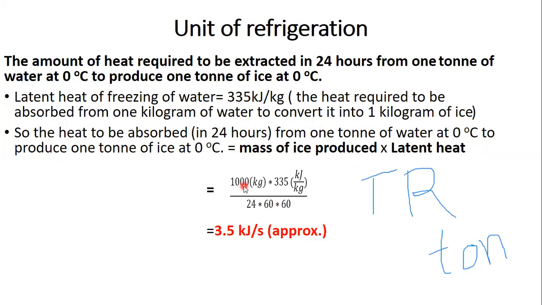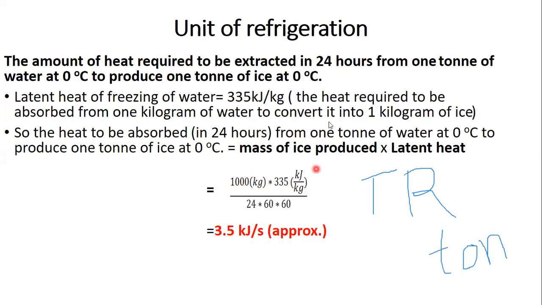So it will be 1000 in brackets. Actually, it is not a proper practice to put the units in between when writing a mathematical relation, but in order to make it clear and avoid confusion, I am putting the units along with the values. So here 1000 represents the mass of ice to be produced, times 335 kilojoules per kilogram, that is the latent heat of freezing of water, divided by